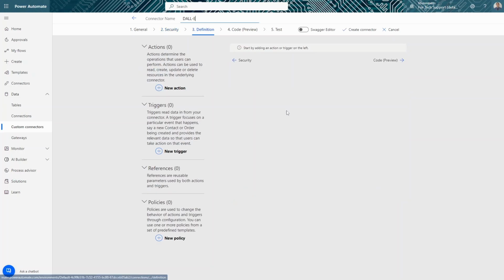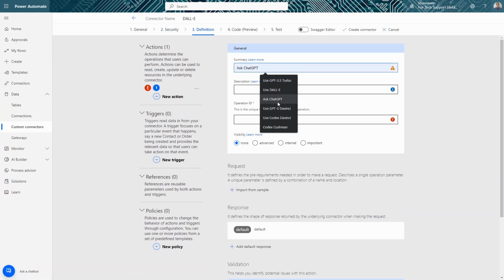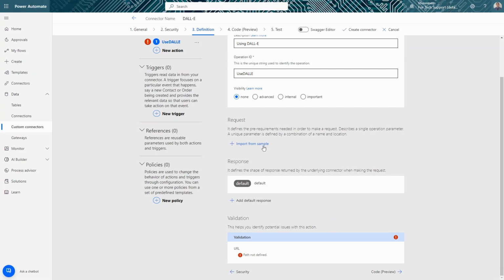Click Definition. New action. For this one, I'm going to do ask ChatGPT, or I'm sorry, this one's DALL-E, so let's use DALL-E. For this one, I'm going to make it slightly different. I'm going to put using DALL-E, and then for this one, I'm just not going to have any hyphens or spaces there. That'll take a second. There we go. I'm going to click Import from Sample,